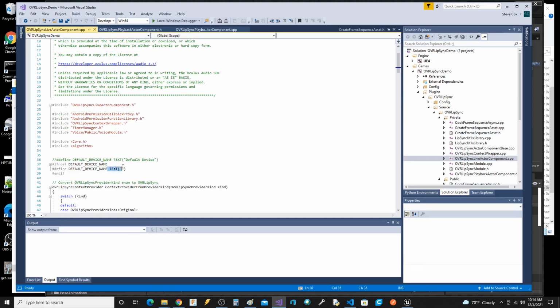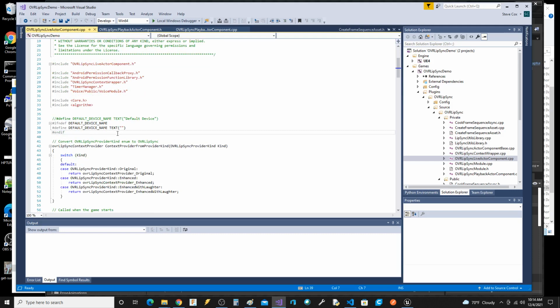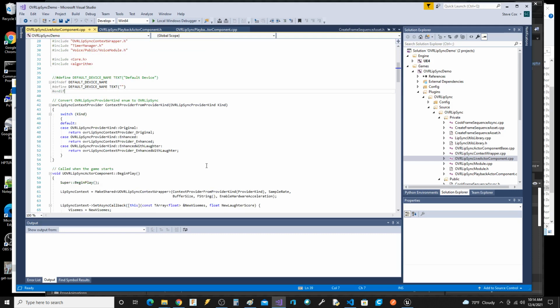This was the bug. They had a hard-coded string, this is a different component. And it had this default device. So it uses the default mic device.